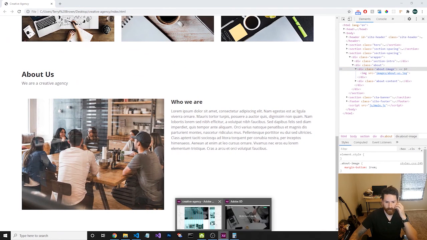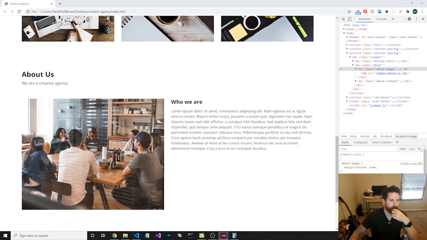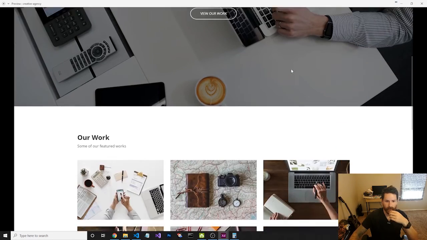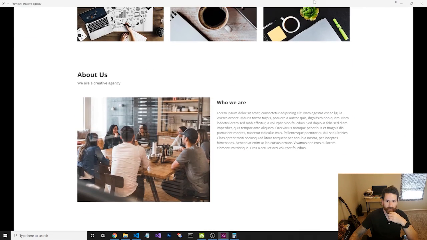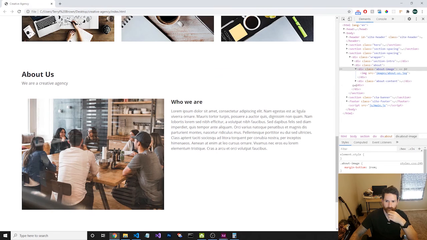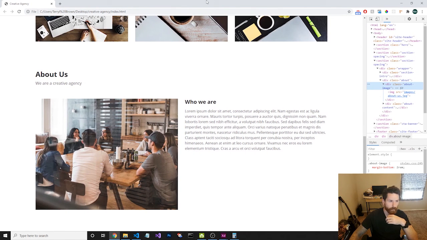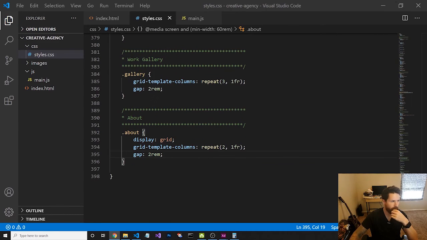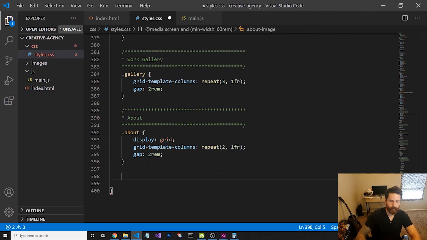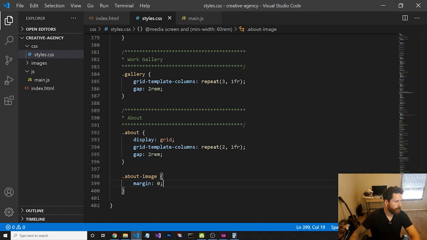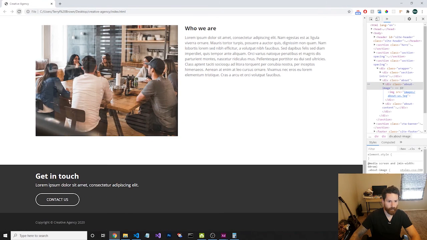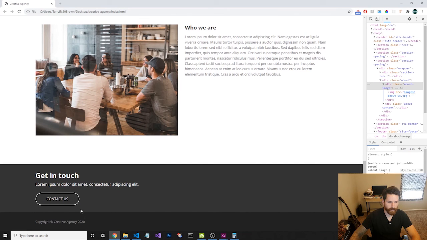Now let's look at the design, make sure that we're looking pretty good right now. I know I probably haven't jumped back to the design in a while, but that's how that's looking. It looks pretty spot on. There's probably some fine tuning we can do, but I'm not going to worry about that. I actually think we have a margin on the bottom of this about image that we can remove here. Yep, cool. And last but not least, I think we're going to up the size of this in the footer,